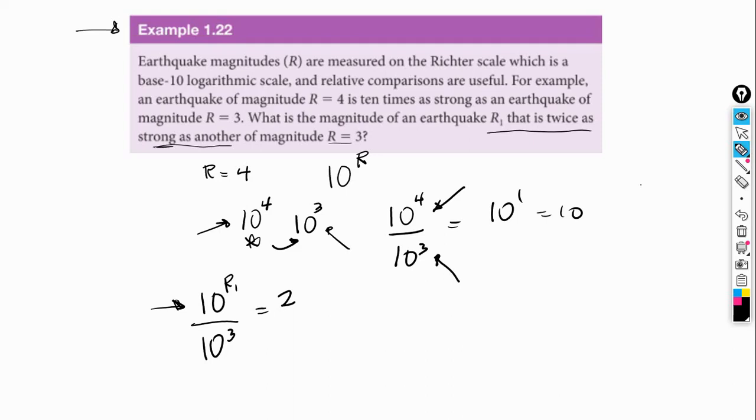So how do we solve this? Notice that we can write this as 10 to the power of R1 is equal to 2 times 10 to the power of 3. Now you can say, well, this is just 2000. Yes, but that's not the solution yet, right? Because we have 10 to the R1. So that means that we have to express this in logarithmic form and solve it. So this is base 10. So log base 10, remember that you just write log, because that's log base 10. So here we could use the heart rule, but backwards, right? So we could say base 10,